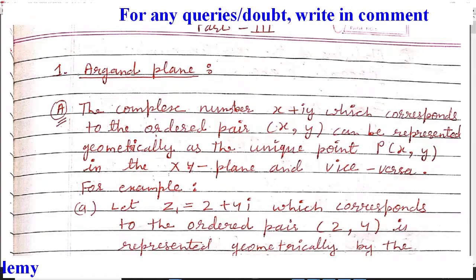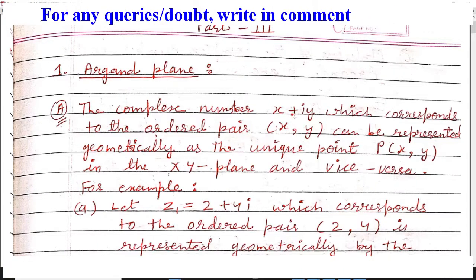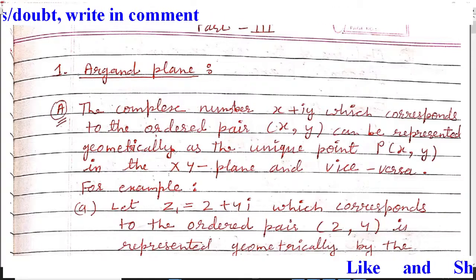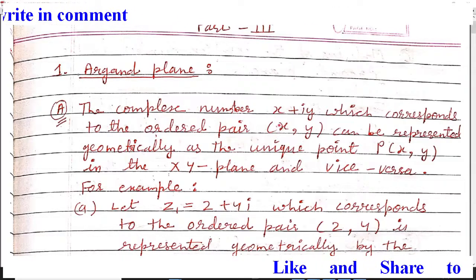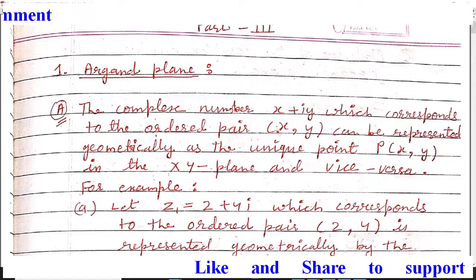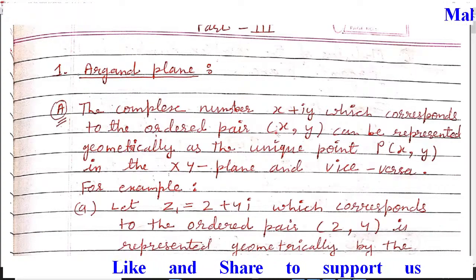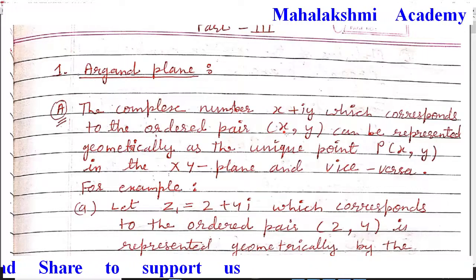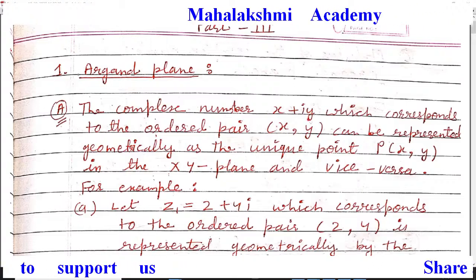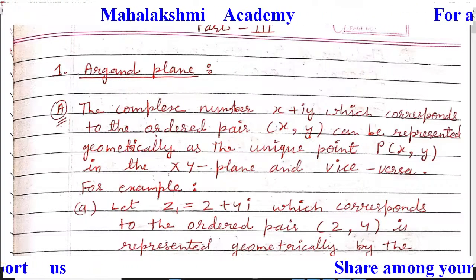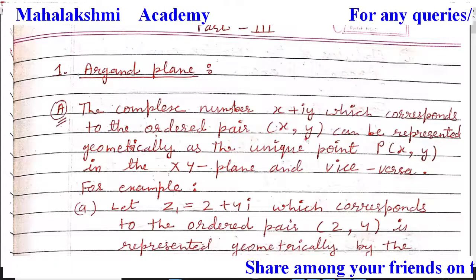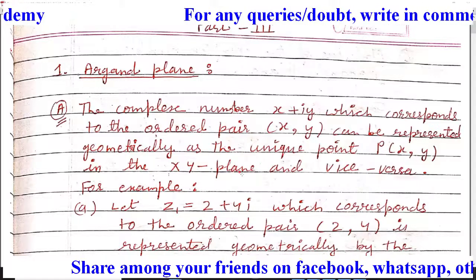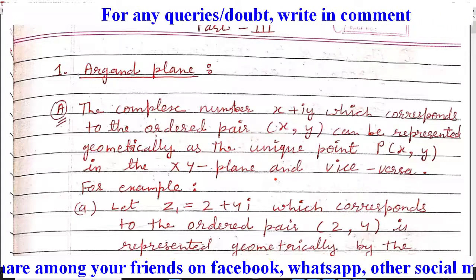So that plane is named the xy plane. In the xy plane, if we are going to represent x plus iota y geometrically, then how can we represent it? By the ordered pair, that is x comma y. This is named an ordered pair because we cannot interchange their places. The first place is for x, that is the real part of the complex number, and the second place is for the imaginary part. So this ordered pair we represent as point P(x, y). Like this we can represent any complex number in the xy plane.